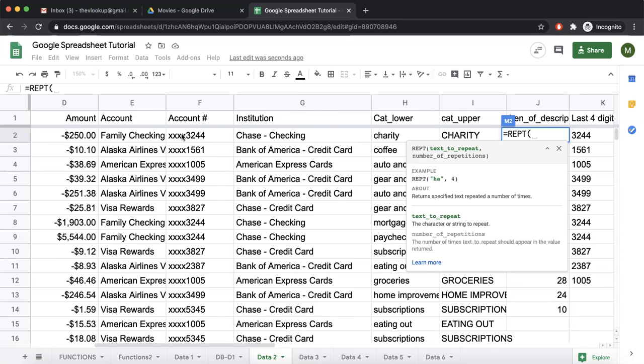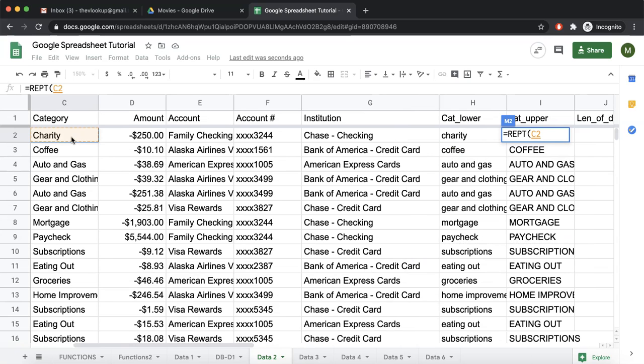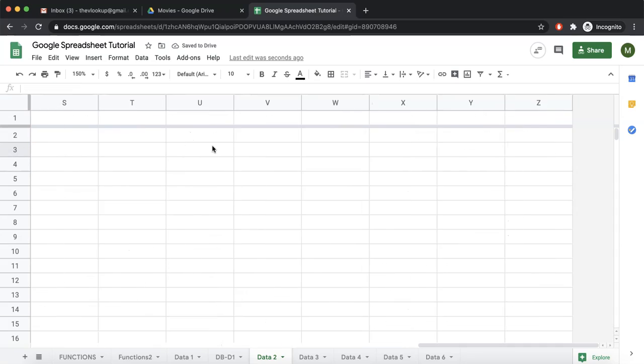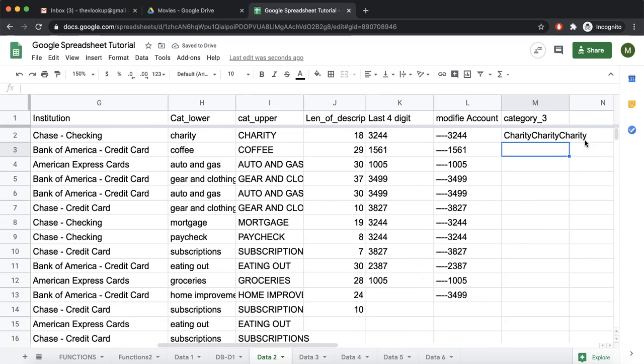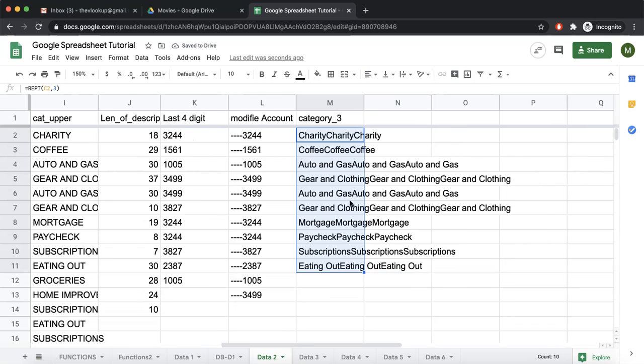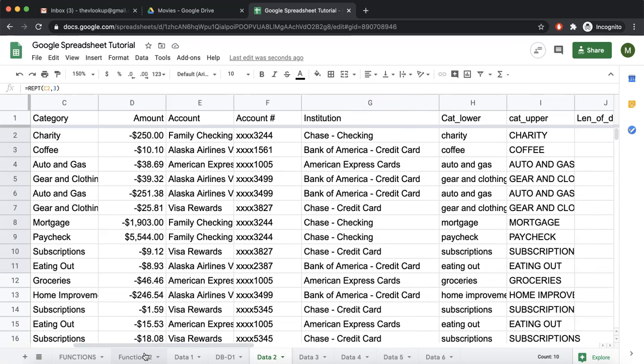Where is a category? Category is this one, and then comma 3. So this was charity. Now this output is charitycharitycharity. If we drag this down, coffee, auto and gas. So any string you can repeat any number of times.